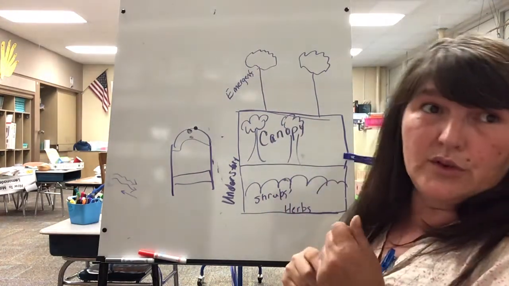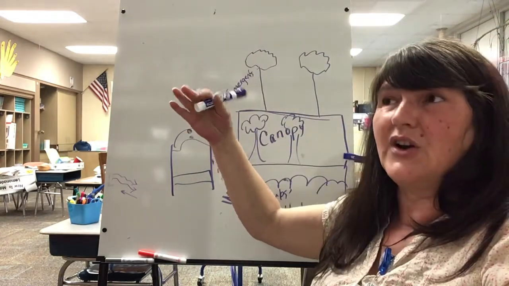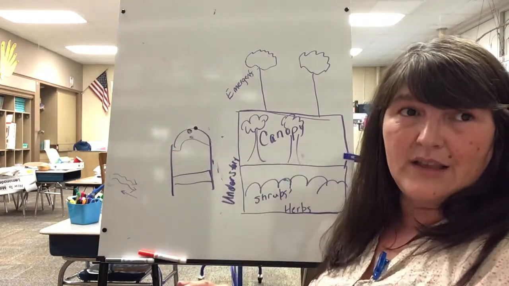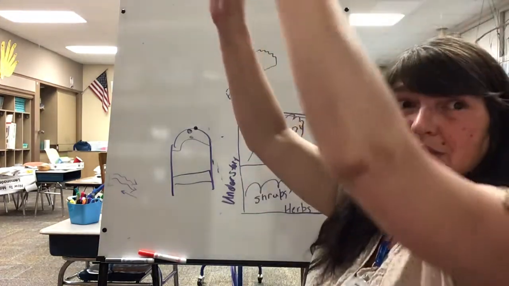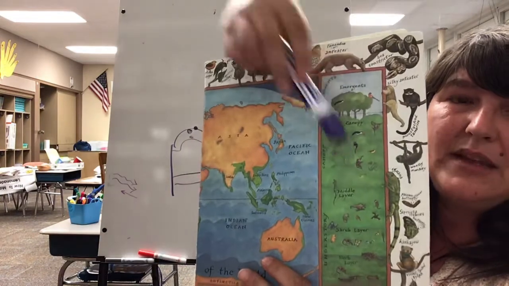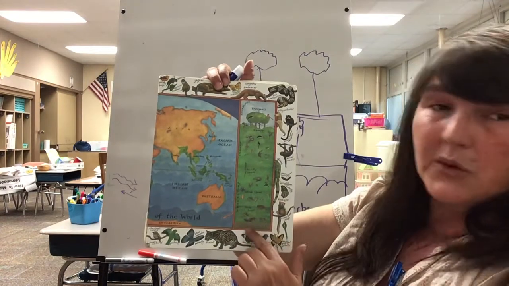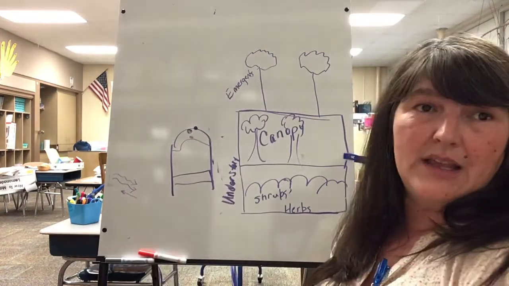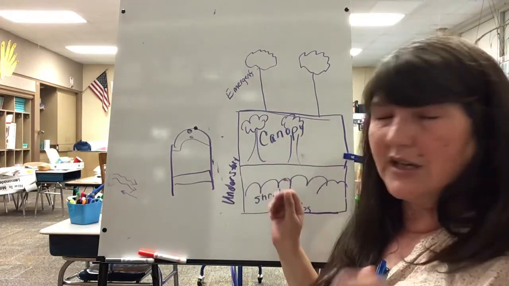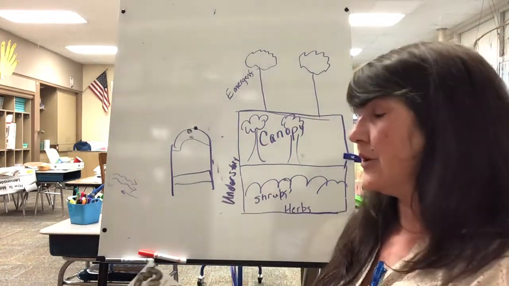So there's more to it than that, but that's sort of your basics. You have the canopy where the tops of the trees are. Underneath you have the understory and the forest floor. And then above that there are some trees that come out called emergents. So you have emergents, canopy, the understory, and then the forest floor. Now, something to think about. Some animals spend their entire lives in the canopy. They never touch the forest floor. Can you imagine?